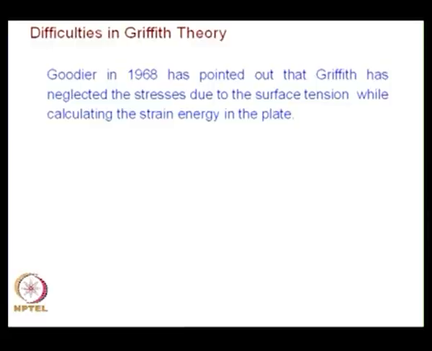But from a mathematical point of view, once you say there is surface energy, we have looked at surface energy is very similar to surface tension. So, you have tension on the surfaces. So, this has to be accounted for in the analysis. It may be very small, whether it is relevant or not we will see, but this is a very valid objection,